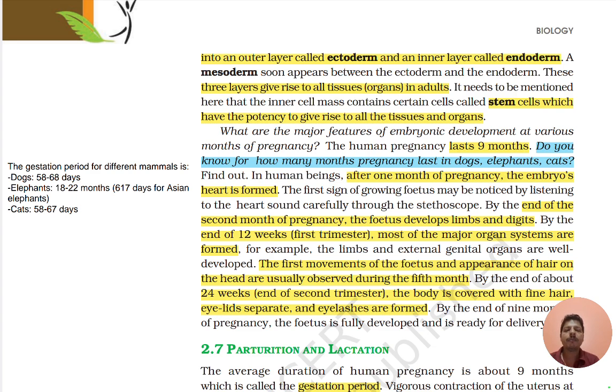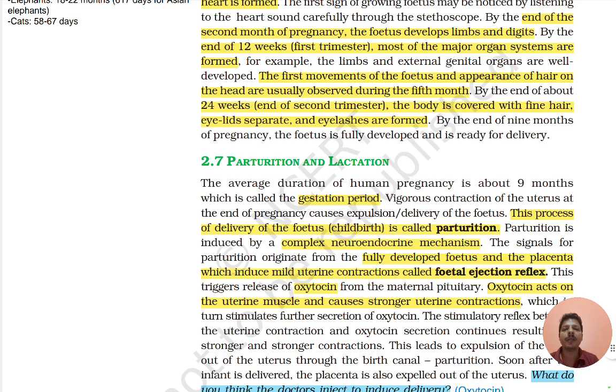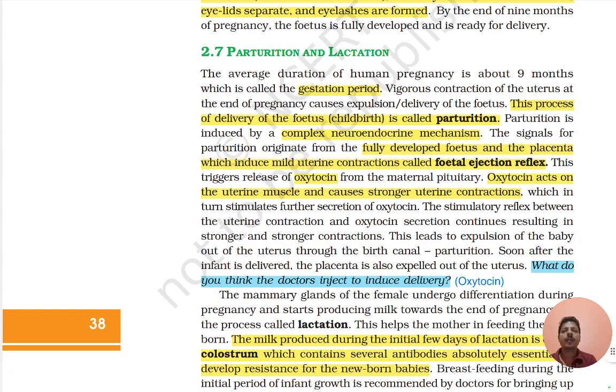The first movement of fetus and appearance of hair on the head are usually observed during the 5th month. By the end of about 24 weeks or the 2nd trimester, the body is covered with fine hair, eyelids are separated, eyelashes are formed, and by the end of the 9th month of pregnancy, the fetus is fully developed and ready for delivery. Coming to parturition and lactation, here